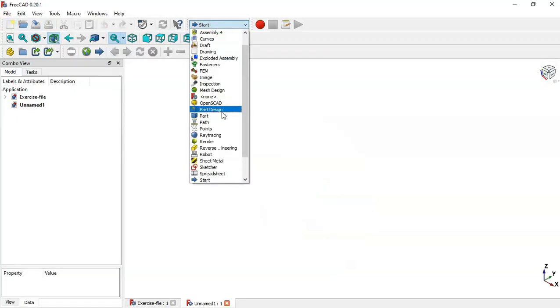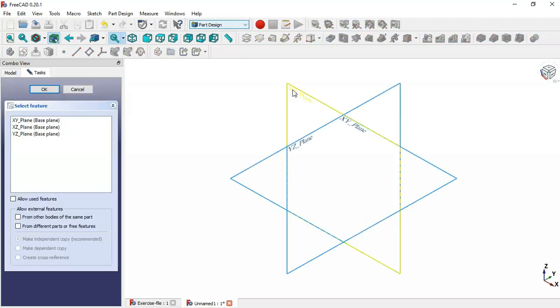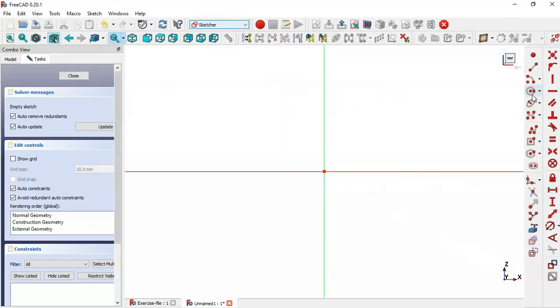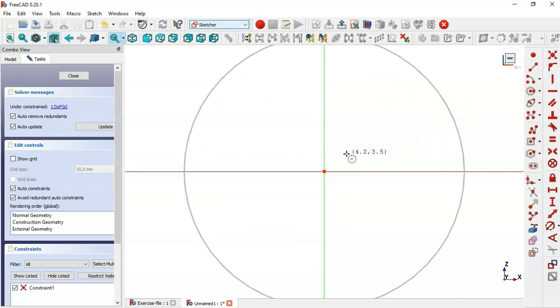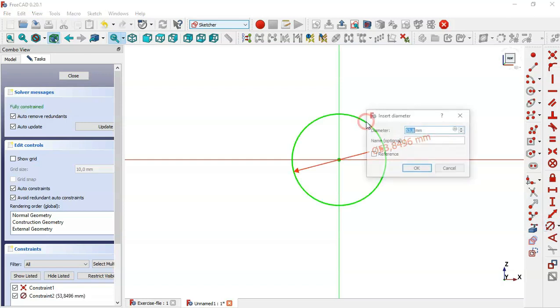select part design workbench, create body, create sketch in XY plane, and here select the circle tool and draw this circle. And now pick this tool, click on this circle, change the diameter to 200,